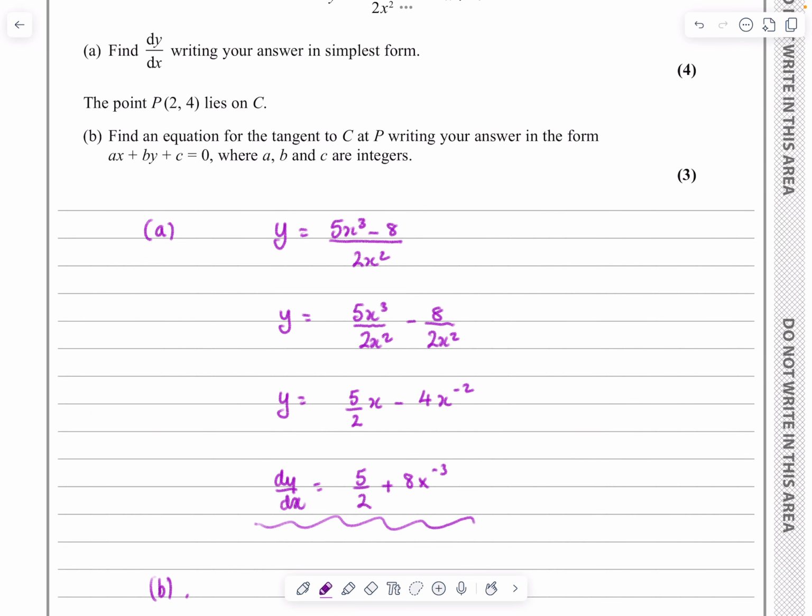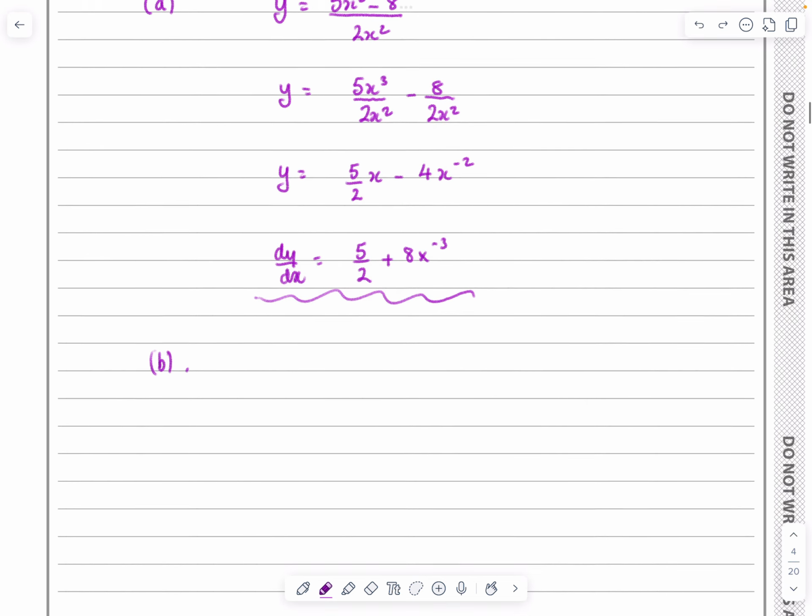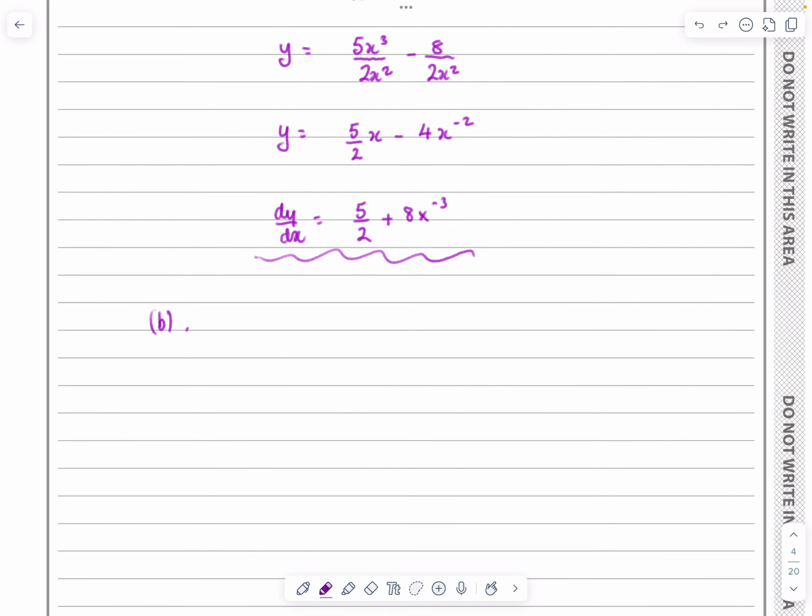Part B then says we've got a point 2, 4 which lies on C. Find the equation of the tangent. You don't need a sketch, but if I just quickly say that we had this as our curve, we've got the point 2, 4, and what we're trying to do is to work out the equation of some tangent here. It's the equation of a straight line. And when we're doing the equation of a straight line, what we're interested in always, so let's tell the examiner this,